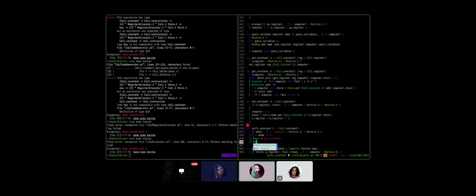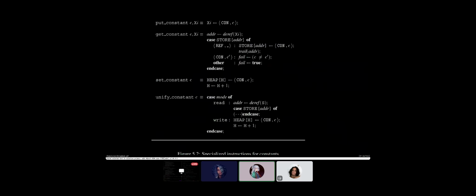Well, write mode is easy. It's literally set constant. Done. How pretty. But then get constant, we don't have a register, is the problem. Man, it would be so nice if you could cheat the S register into a register that the ref cell can use. That would be very poggers.